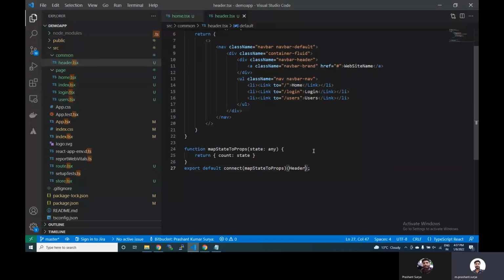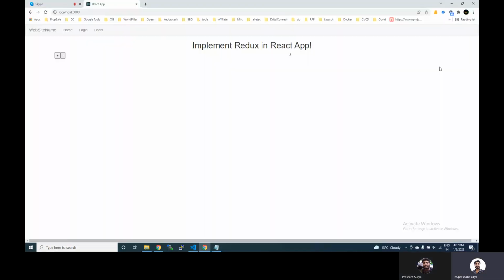On the browser, you can see, we have to bind it as well. So we have the same state being used in the header component as well as in the home component. This is the home component and this is the header component. So if you increment this value,